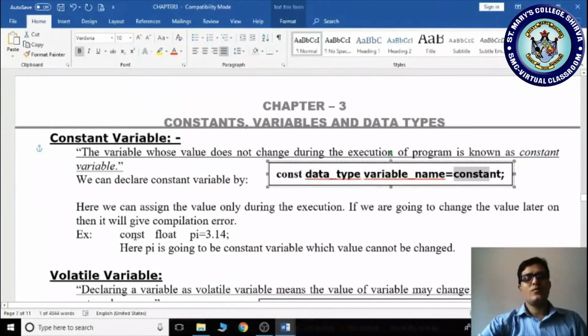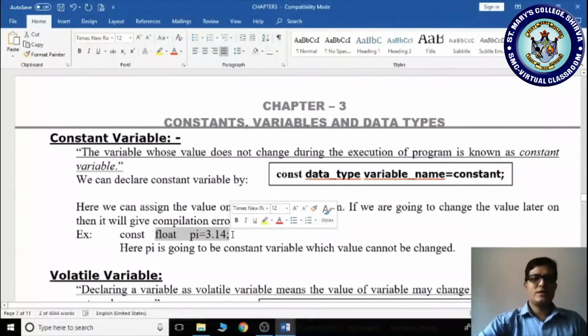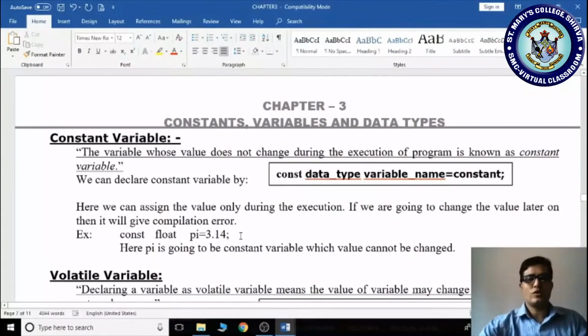For example, I am declaring float pi is equal to 3.14. It is a constant, it doesn't change, but in front of this we have also mentioned const. This value doesn't change throughout the program execution.